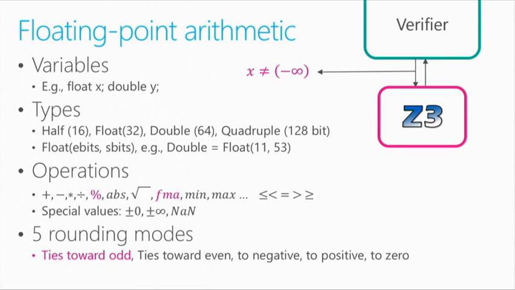And there's NaN for not a number, for divisions by 0, for example, and a couple others. In the latest standard, the IEEE standard for floating point numbers, there are also 5 rounding modes called ties toward odd, ties toward even, and so on. To negative and to positive are sort of self-explanatory. Ties toward odd means if the result is exactly 0.5,